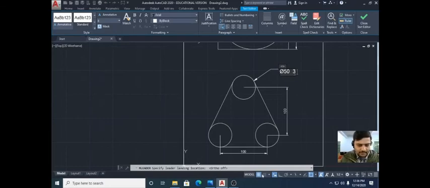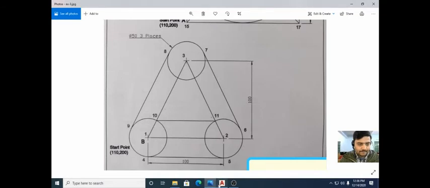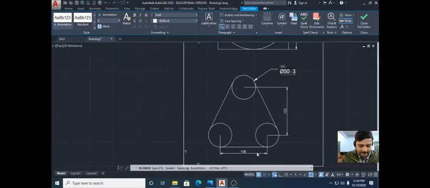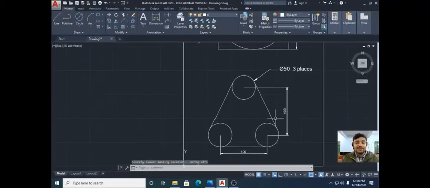Okay, 3 places, and just click anywhere on the screen, and you will see how easily we can write this thing. I am going to repeat this portion so that you can learn it again.